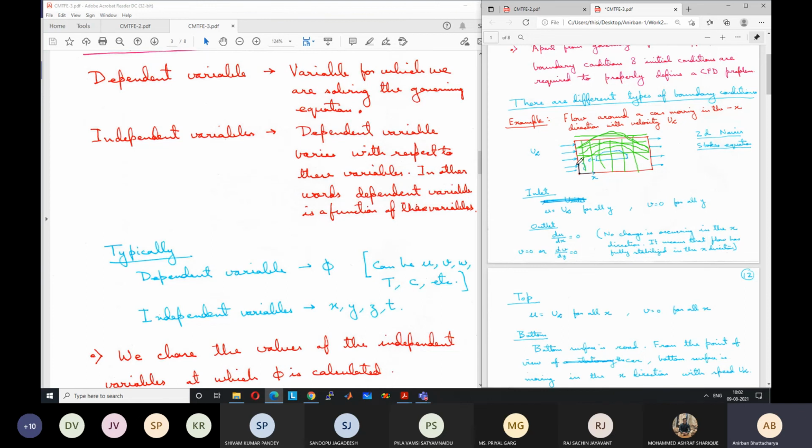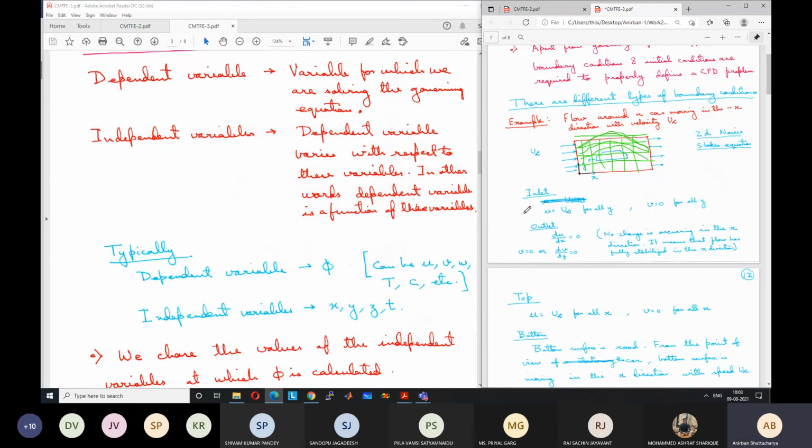So we divide the domain into control volumes, or we divide the domain into parts which vary along the independent coordinates, independent variables. So if it is an xy problem, means it is a spatial problem, we will divide it in the x direction and y direction. If the time is also varying, means if it is a transient problem, we'll also divide the domain in the time direction. We'll take a step of time and we will proceed in the time direction with this step of time, which is known as the time step.